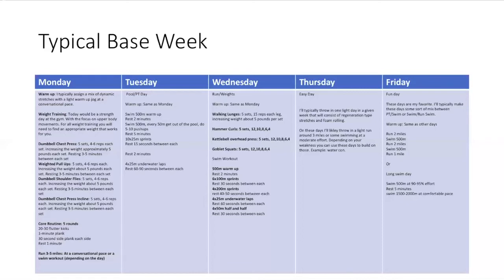So for today, we have in the weight room dumbbell chest press, weighted pull-ups, dumbbell shoulder flies, and dumbbell chest press incline. And they're all 5 sets, 4 to 6 reps each. And this is all focused on building your foundational strength. And this strength will be used later on in the training to increase your push-ups, your pull-ups,